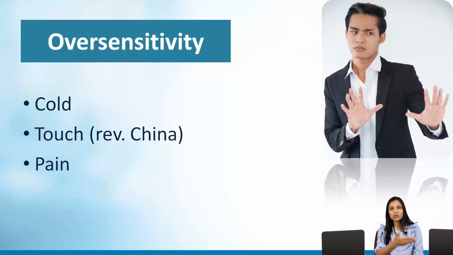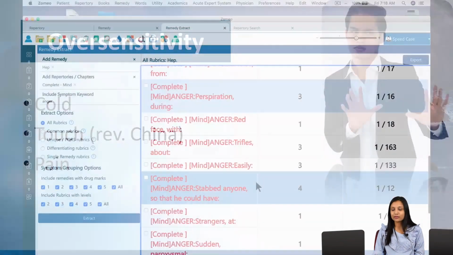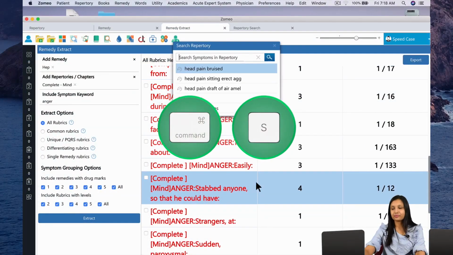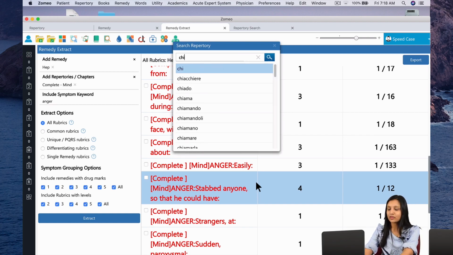Another level where this oversensitivity is expressed in Hepar is the sensitivity to cold. They are so sensitive to cold that even the least form of uncovering aggravates them. Cough comes on by uncovering. The least draft of air will cause chilliness. That is the level of sensitivity or chilliness in Hepar Sulph. Let's have a look at an interesting rubric. We do a command S and we type chill